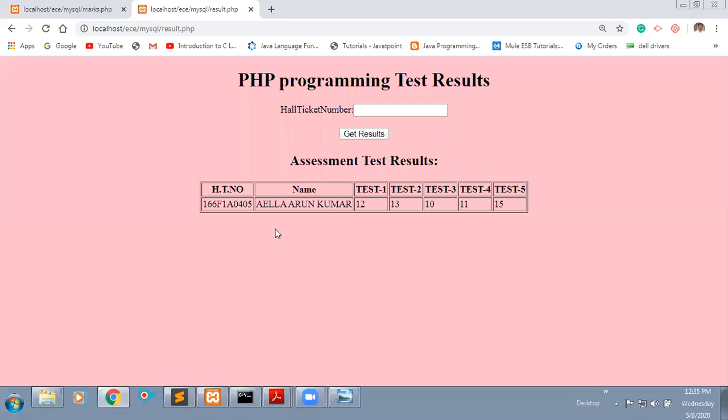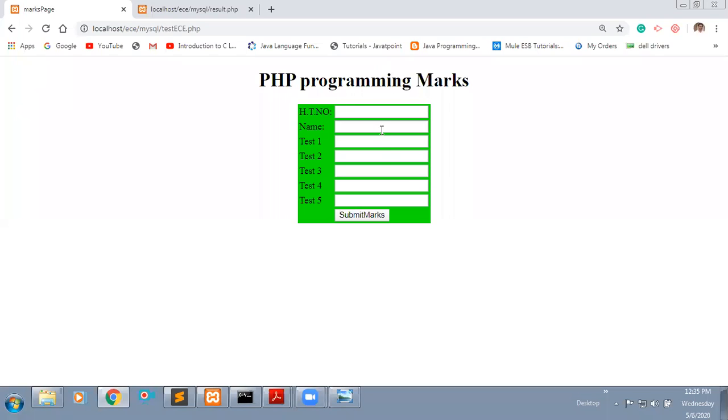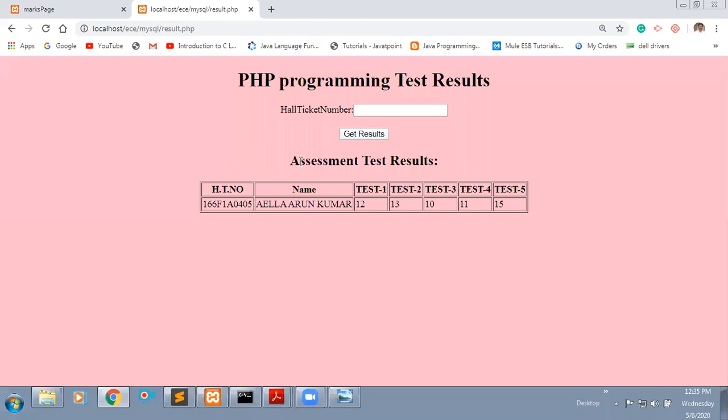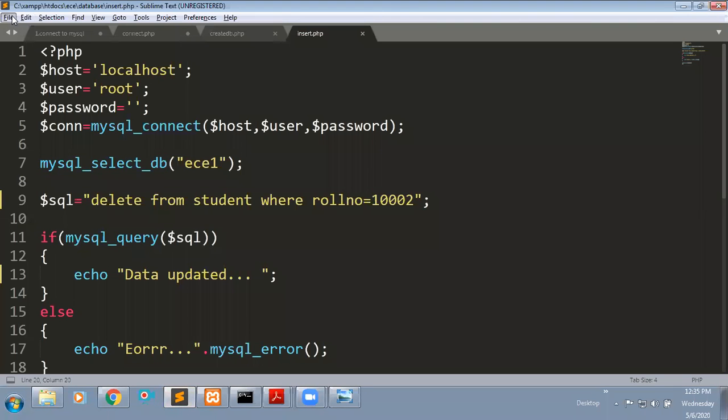What I did, I entered all your details by using this form. After completing your evaluation, I entered and submitted marks to the server. I will give this page to you. You will enter your hall ticket number and you are able to see your details. Internally, how I wrote this code, I will show that.